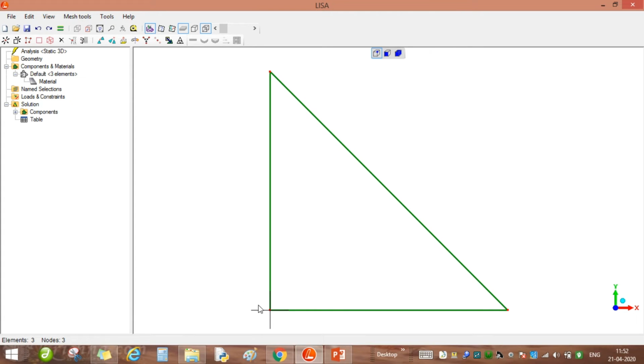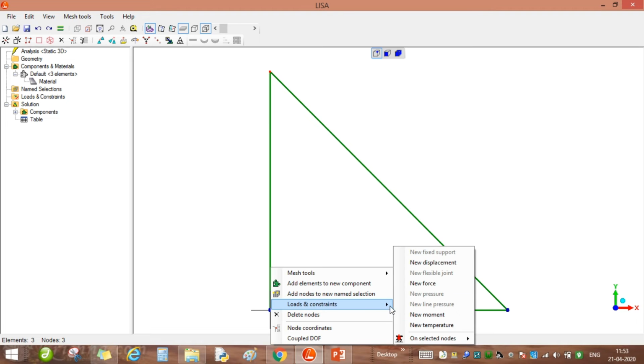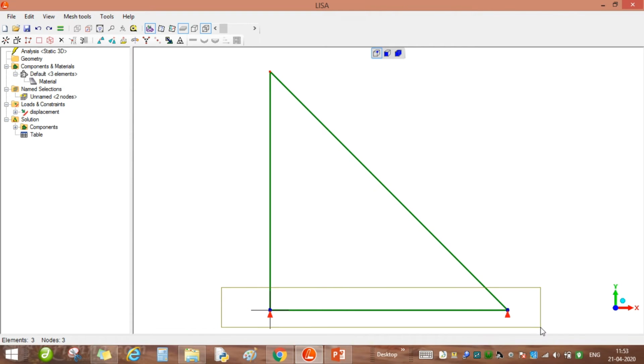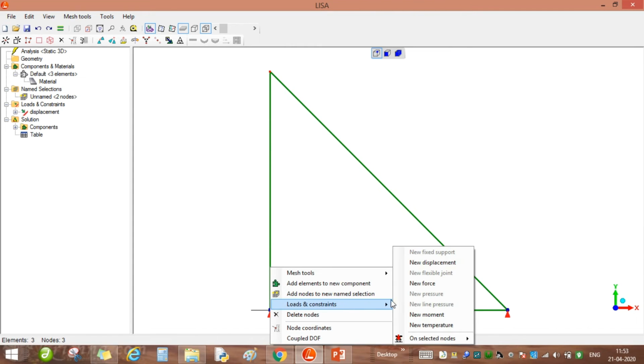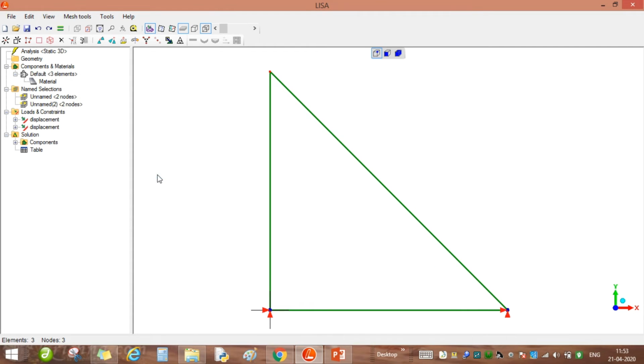So now we can give the load and constraint. So let us select these. I have selected all nodes with the selection. Right click, node and constraint, new displacement. So y displacement is 0. Again selecting both the nodes, right click it, load and constraint, new displacement, and x be 0.